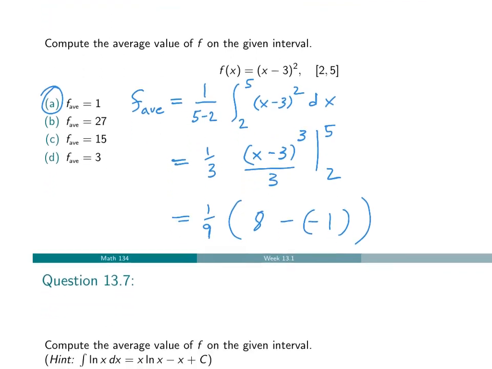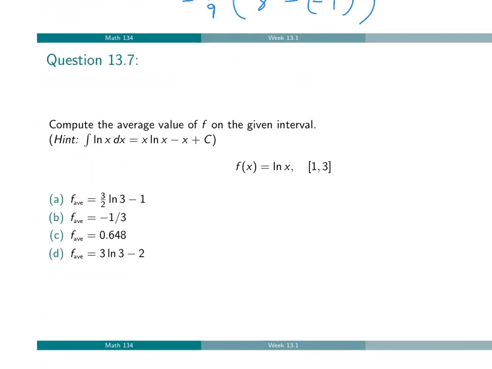All right, one final problem for us to work on today. All right, this time we want f_av from 1 to 3. So we take 3 minus 1 in the denominator. This time I'll just write 1/2 directly. And the integral is from 1 to 3. And I want to take the integral of ln x